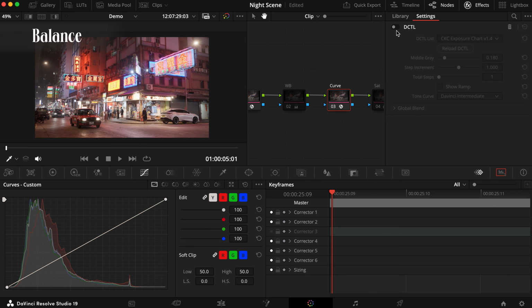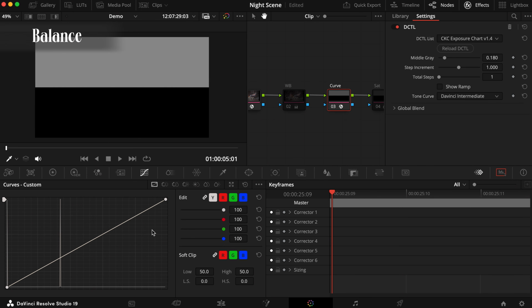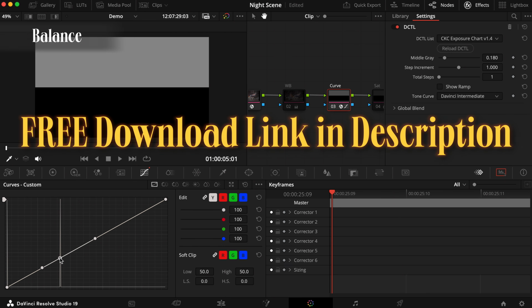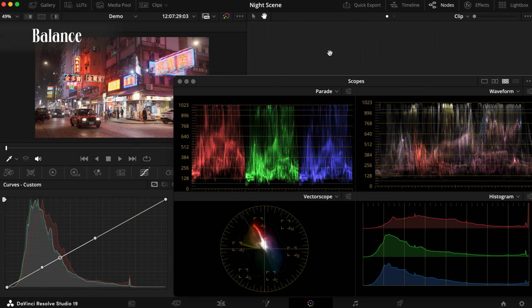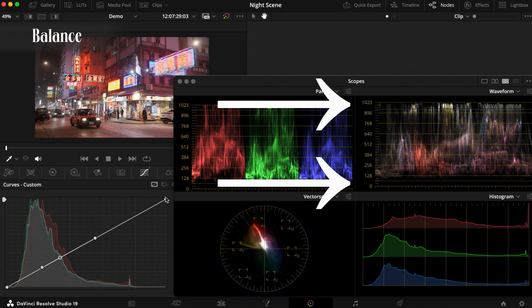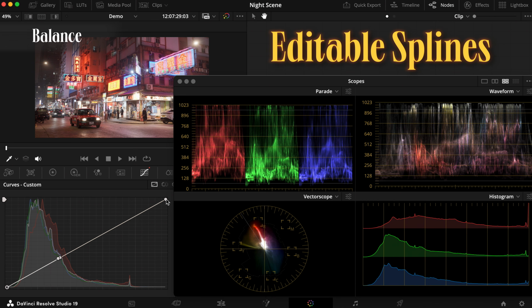Set up the middle gray point for DaVinci Wide Gamut. You can download the free DCTL in the description. Now pull up your waveform. First find where you want to park your brightest point. I personally don't like to move my black point for night scenes at this stage, and then choose editable splines